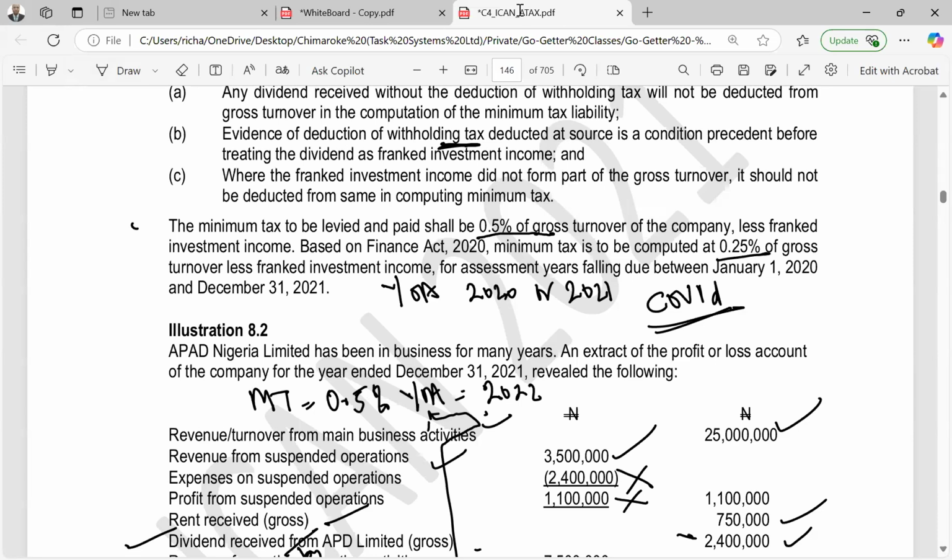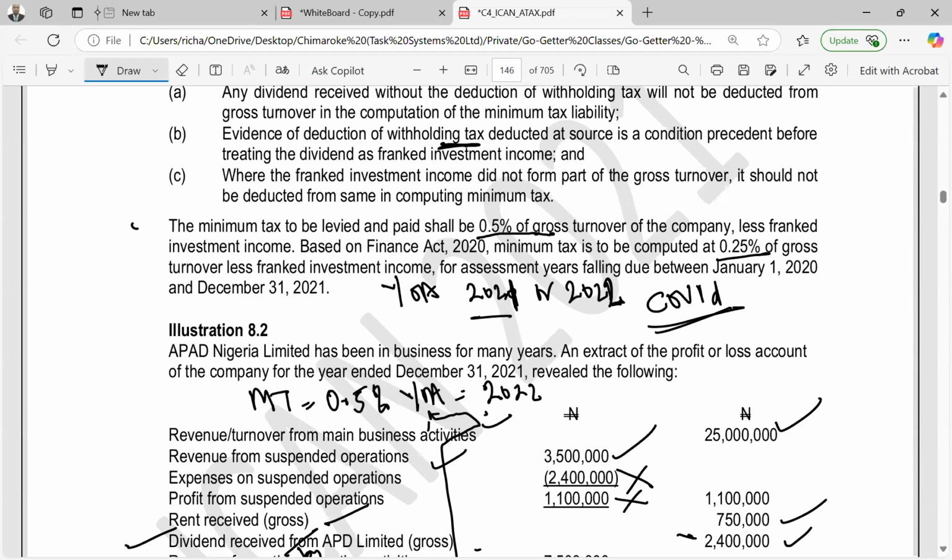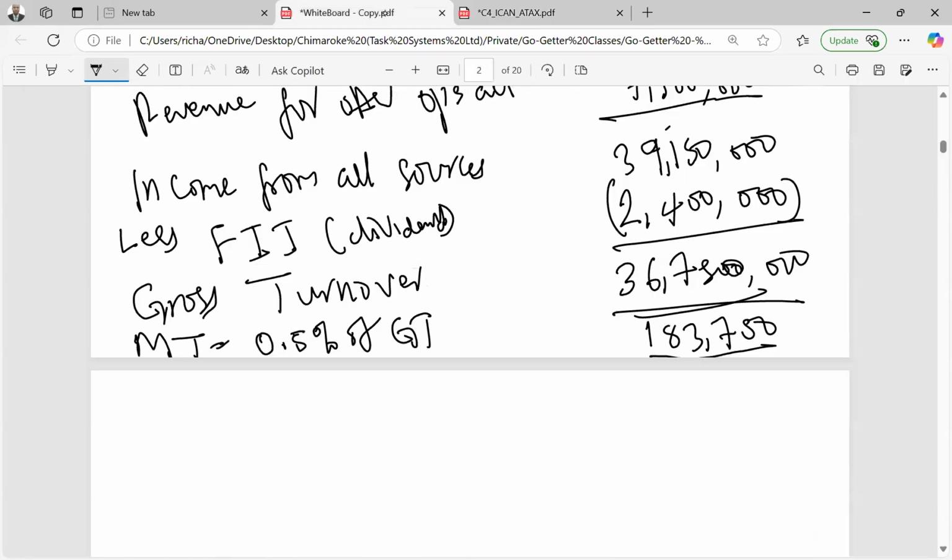This is the basis period. So any activity that you did between January 1, 2020 and December 2021, you are going to... So it means here it is the basis period. I beg your pardon. So it means years of assessment 2021 or 2022 is for the basis period between January 1, 2020 and December 31st, 2021. So for the 2021 year of assessment or 2022, we use one. So we are going to be using,